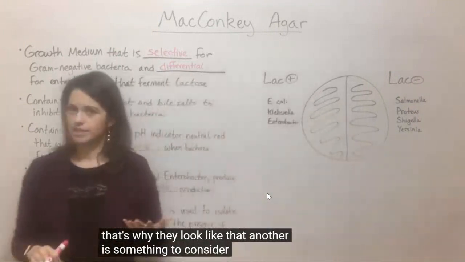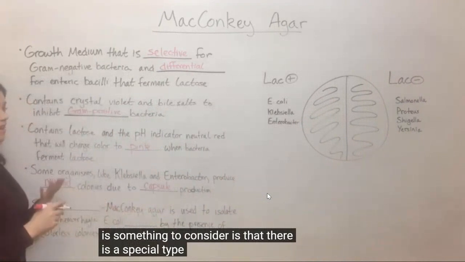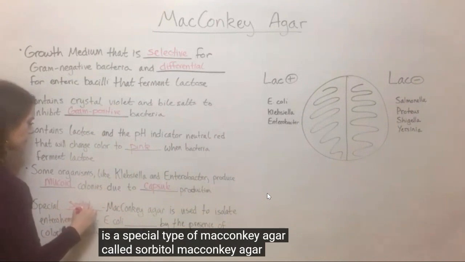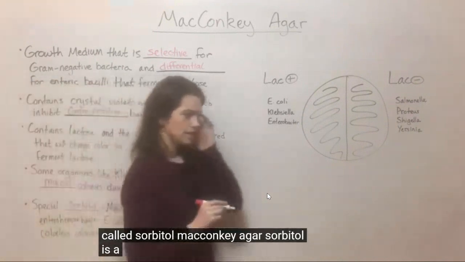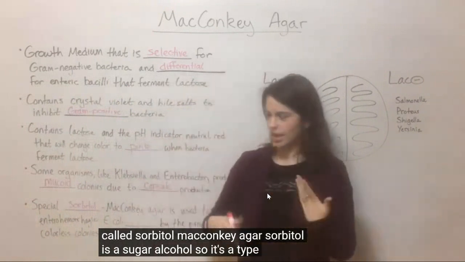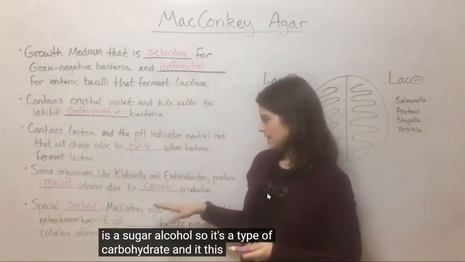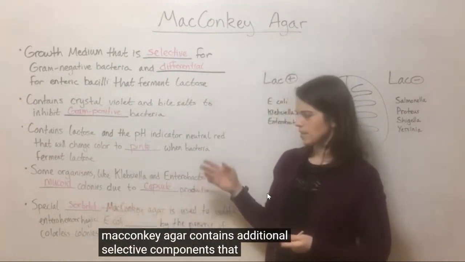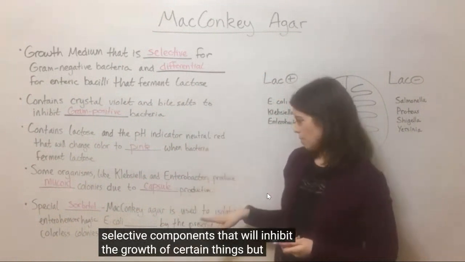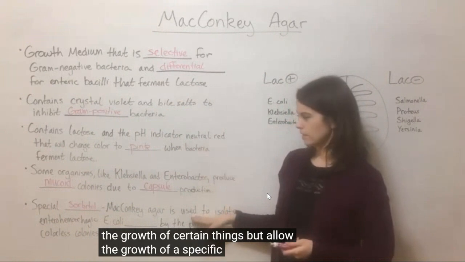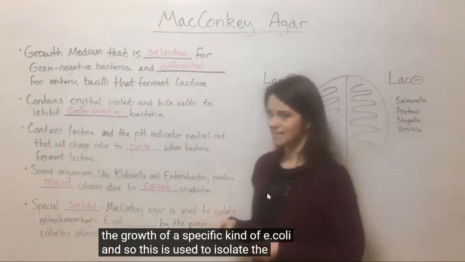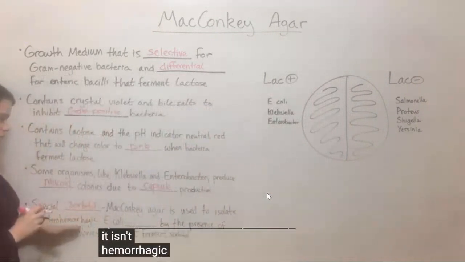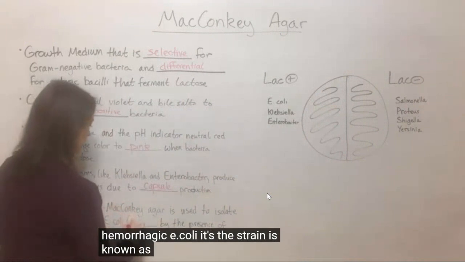Another thing to consider is that there is a special type of MacConkey agar called sorbitol MacConkey agar. Sorbitol is a sugar alcohol, so it's a type of carbohydrate, and this sorbitol MacConkey agar contains additional selective components that will inhibit the growth of certain things, but allow the growth of a specific kind of E. coli. This is used to isolate this specific kind of E. coli, and specifically, it is enterohemorrhagic E. coli. It's the strain that's known as